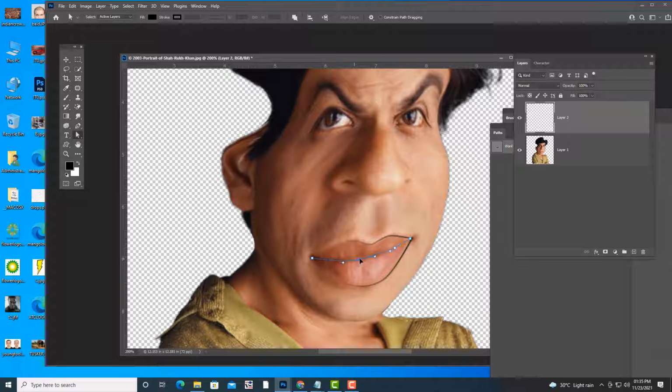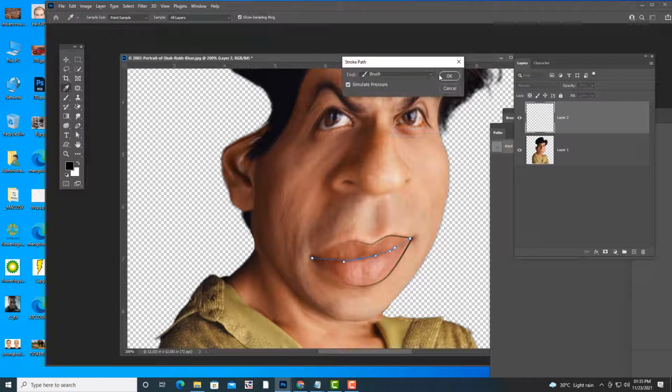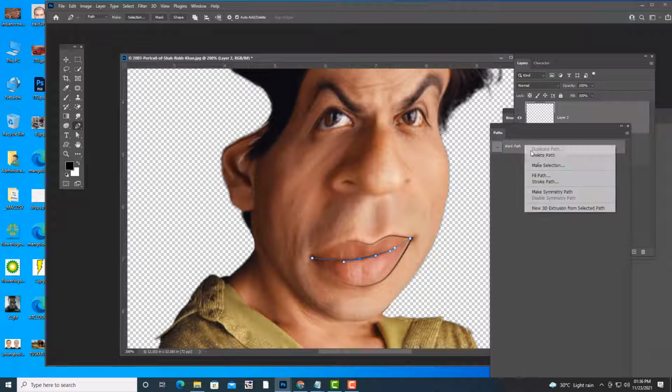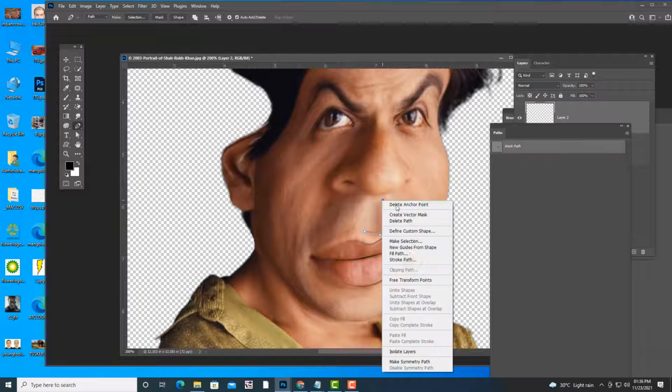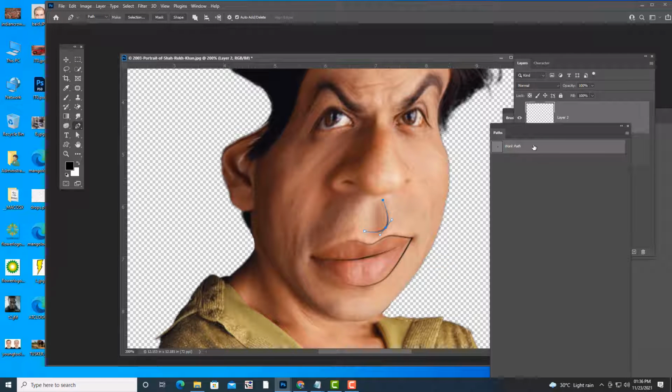Take a new layer, do the same thing, right click, stroke path, something like this, and then delete the path. We'll create similar lines.